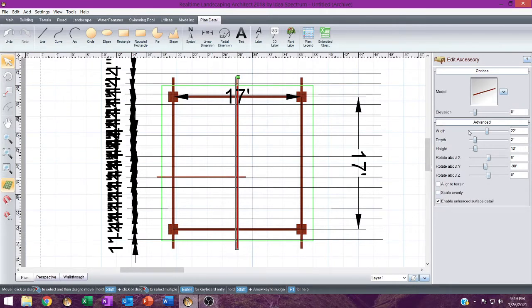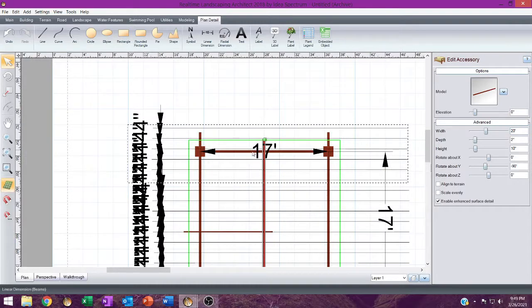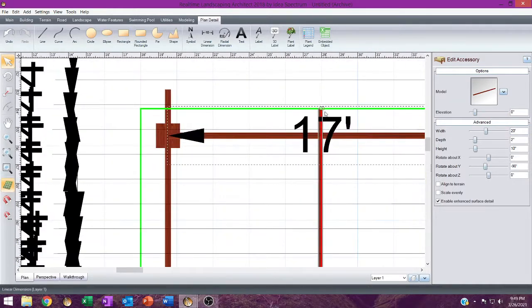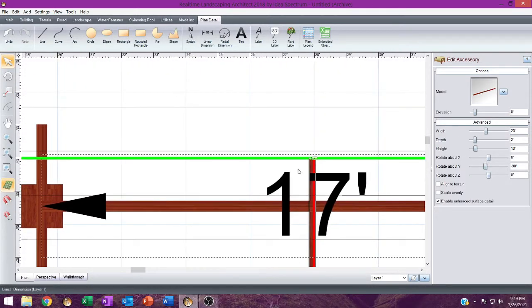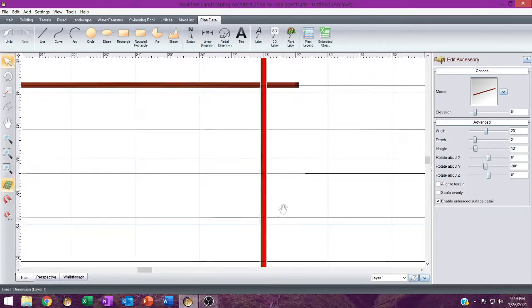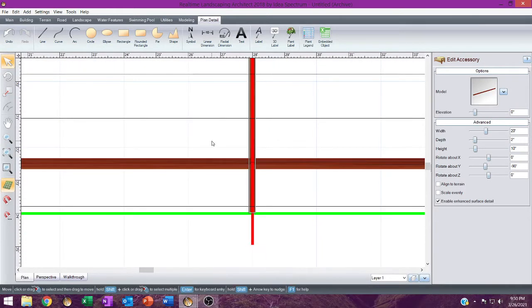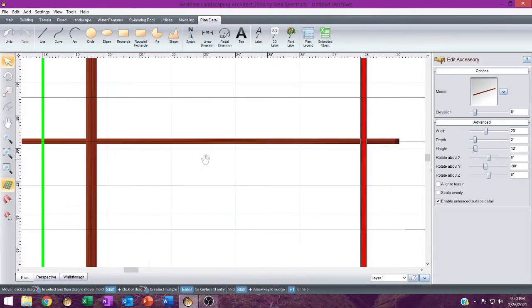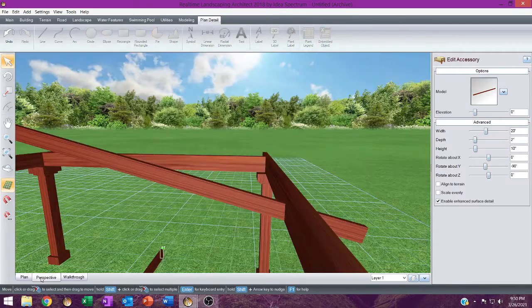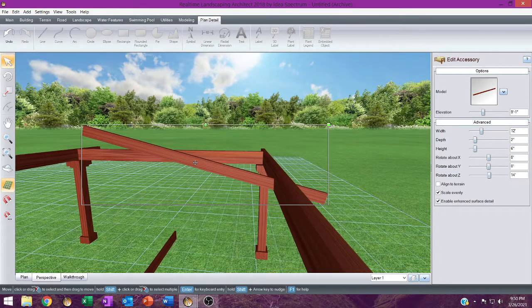And scale evenly is already deselected, so we're going to change this to 20. And we're going to center it on that red line. We're going to go to our green line and just barely go inside there. And it's just a little bit off down there, but no big deal. And then we're going to raise this. First, we're going to raise our